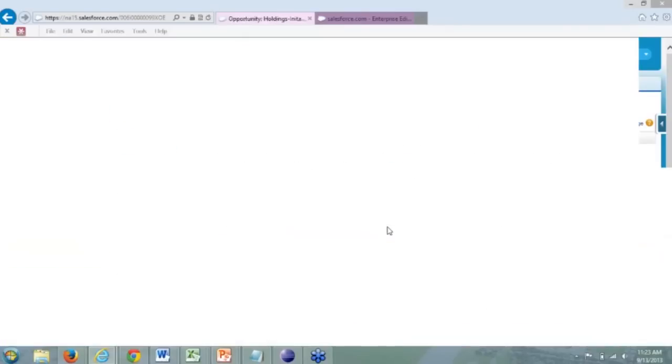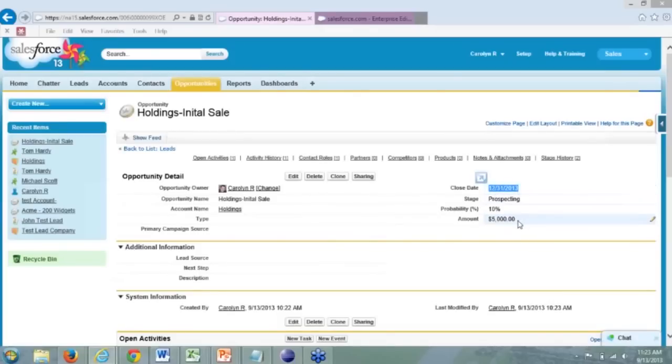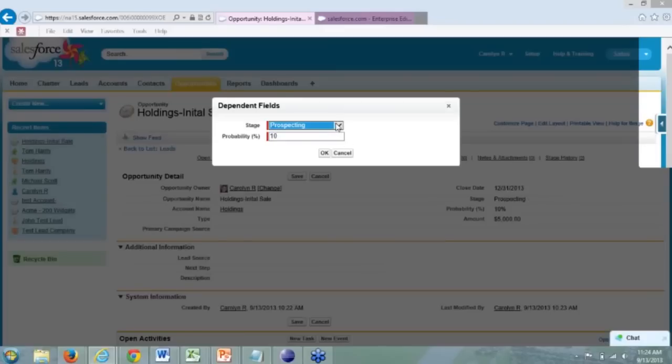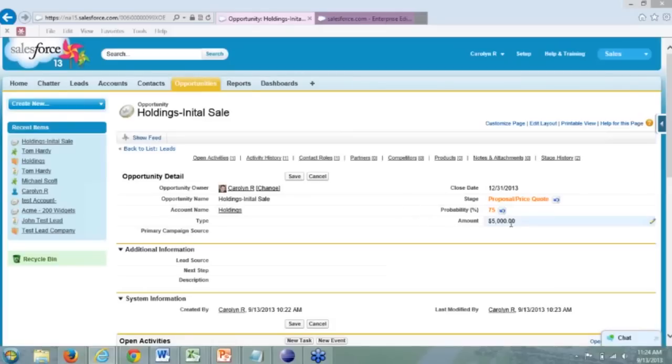Now, if I close that, within my forecasting I've got by December, I intend on closing a sale of $5,000. You'll notice that Salesforce has something here called probability and stage. Based on your sales process, you may have different values available here, but Salesforce provides different probabilities and stages that you can use. For example, now that I've engaged with them and I want to do some prospecting, I can click on this and choose my stage to not be prospecting anymore. Let's pretend that I'm now in the proposal and price quote stage. You'll see my probability jumps up. So if I click OK, this $5,000 in the opportunity pipeline reports is now going to be calculated at 75%